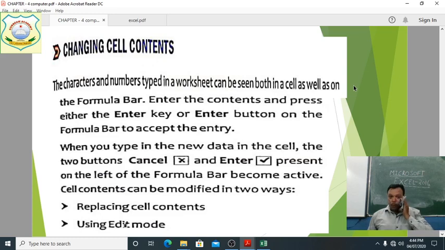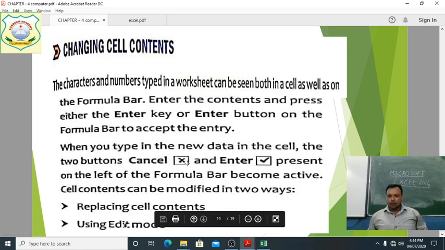Enter the contents and press either the Enter key or the Enter button on the formula bar to accept the entry. When you type in new data in the cell, the two buttons, Cancel and Enter, present on the left of the formula bar become active. Cell content can be modified in two ways: replacing cell contents and using edit mode.